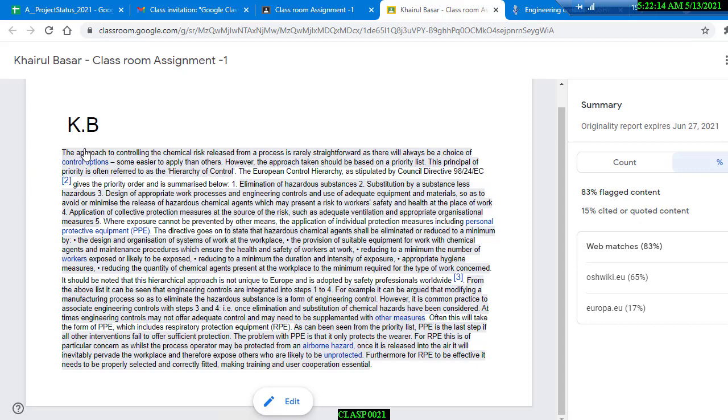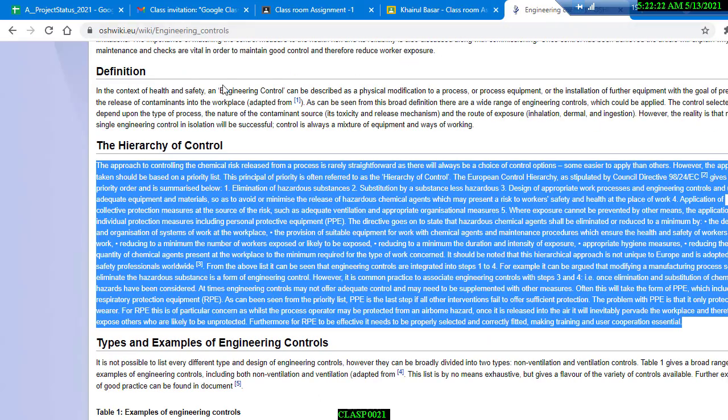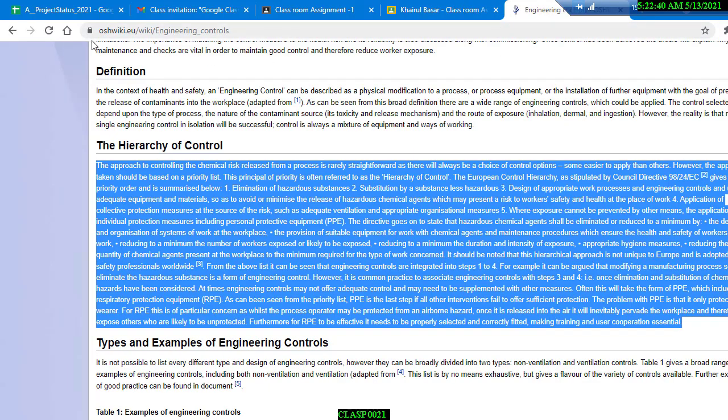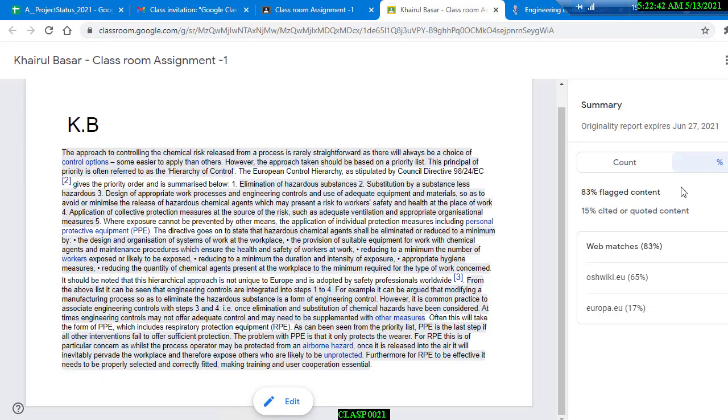So that means it has a very powerful plagiarism check, and it is actually able to find the internet website for copy-pasted data. So it has actually caught oshwiki.eu, 65% from this website. Obviously we have just copied from this, and let's just close this